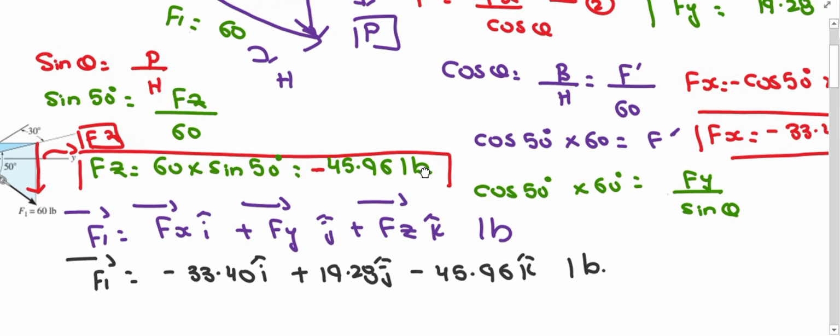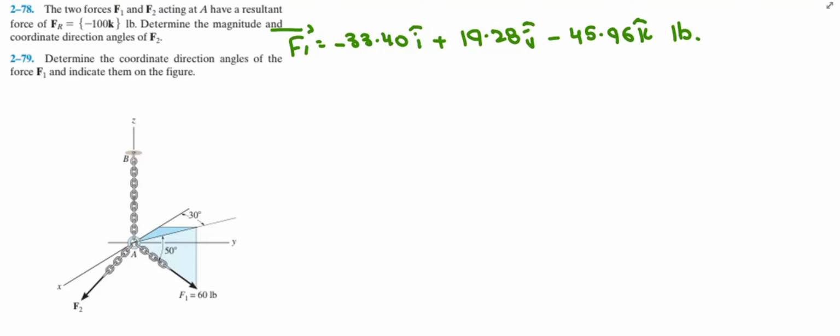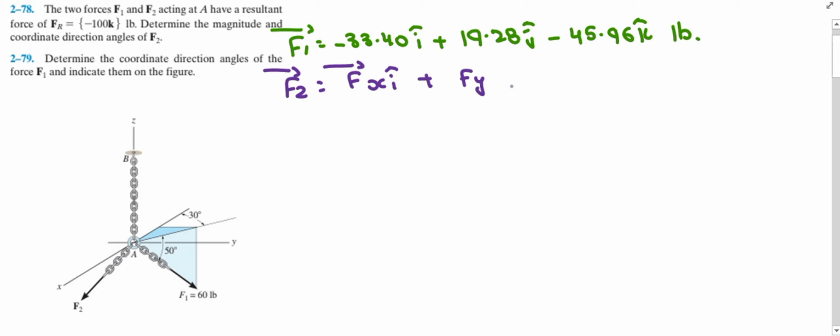Now, what about the value of F2, which we are going to find out? Now, let's talk about F2. Since we don't know the value of F2 here, we do not have the triangle given here. So the Cartesian form of F2 is written as F2 equal to Fx i, similarly plus Fy j, and similarly plus Fz k, and the unit here is pounds. According to the question, the value of Fr is negative 100 k.